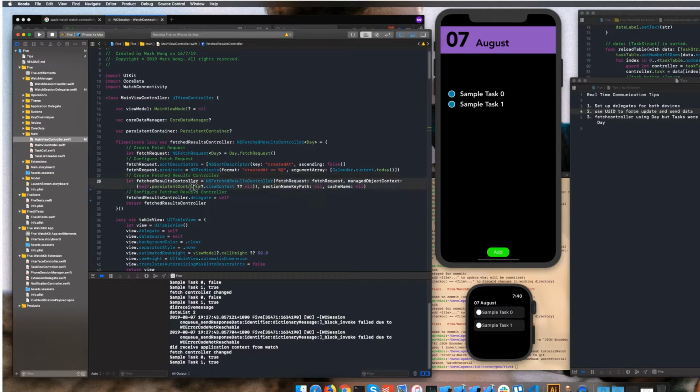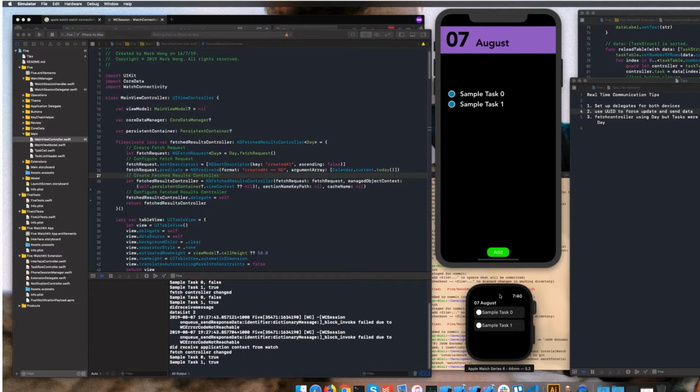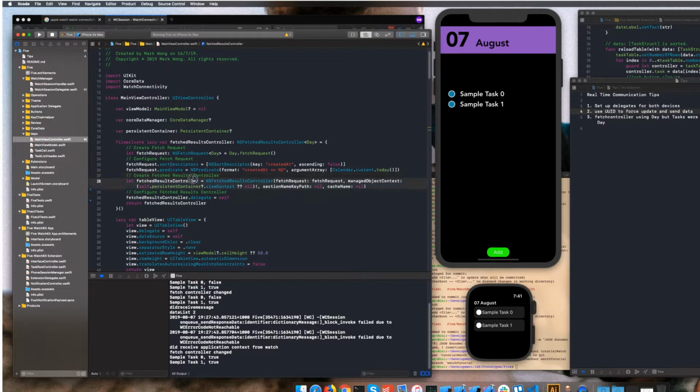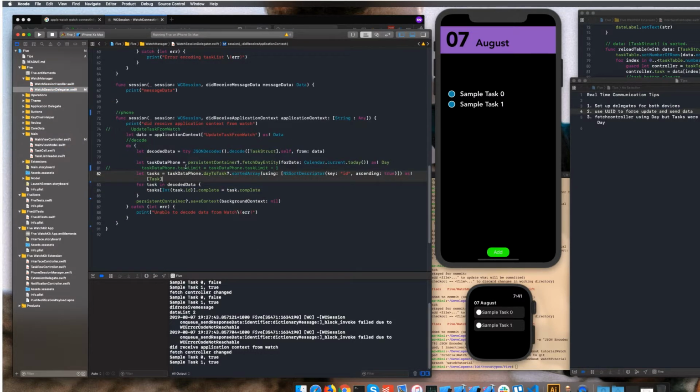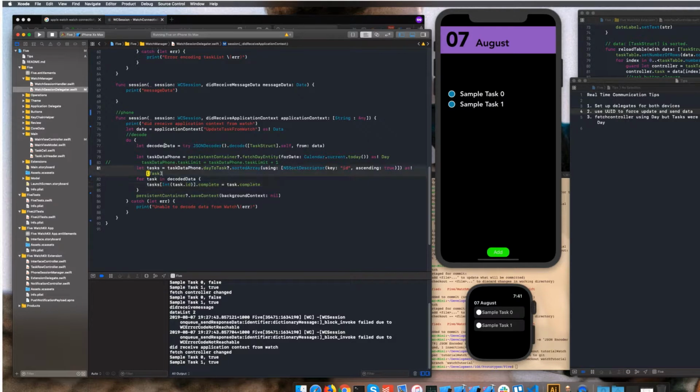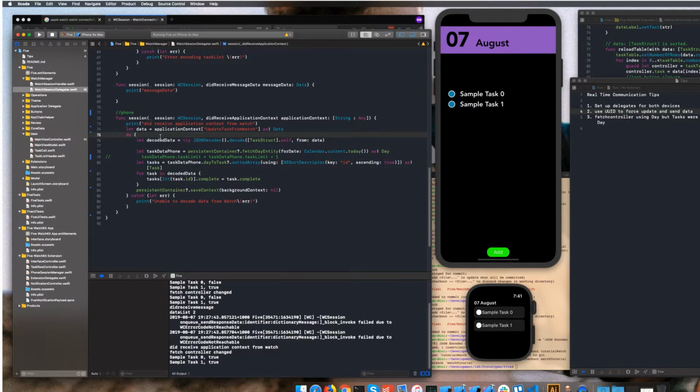and I wasn't updating day at all. Why? Because I'm sending data back from my watch to my iPhone as just a list of tasks, and there was no data about day, nothing at all, which you can see right here. This is on the phone side. As you can see here, I've put this line here to update a property of day,